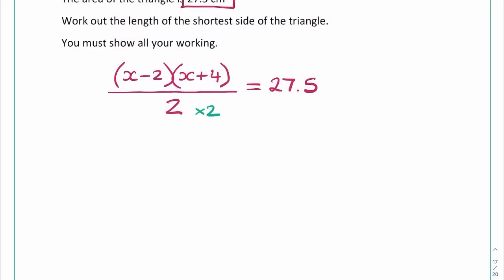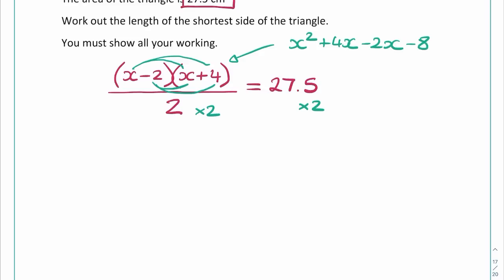So times both sides by 2, and at the same time we could expand this bracket. You can do it in 2 steps or 1 step, it's up to you, but we need to expand that bracket. So x times x is x squared, x times 4 is plus 4x, and then negative 2 times x is minus 2x, and negative 2 times positive 4 is negative 8. So the expression that we've got there is x squared plus 4 and minus 2 makes plus 2x and then